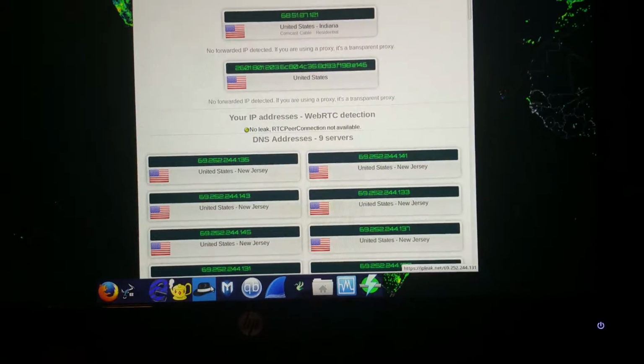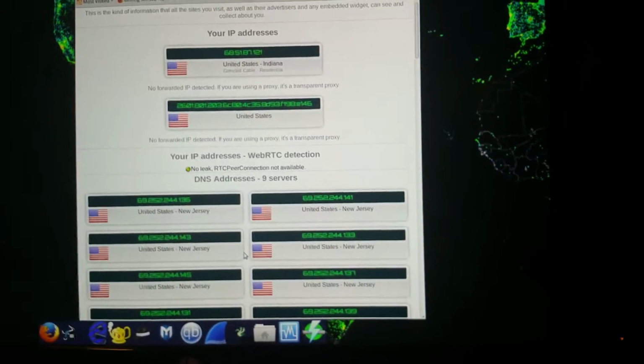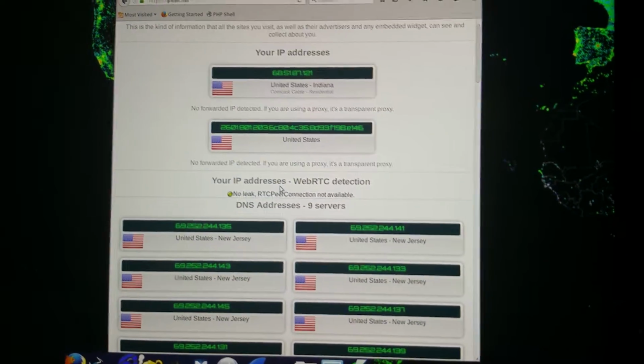So basically what we're going to do next is open up a handler that will be taken care of through the SQL server. In this case, I'm just going to use Metasploit, or well, Armitage actually, which is a graphical user interface for Metasploit. I just use it for these kinds of demonstrations because it is a lot better for people to see what's going on than inside of a terminal. So as this loads here,